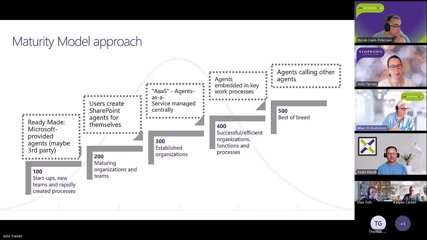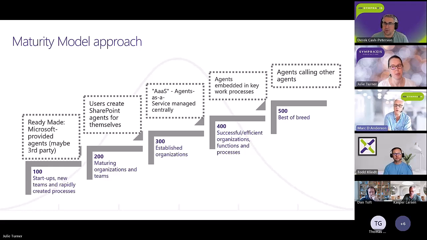Maybe it's IT making those agents available. Maybe it's finance. It doesn't matter who's making them available, but you're starting to think more about having these agents used by people throughout the organization to accomplish specific tasks.